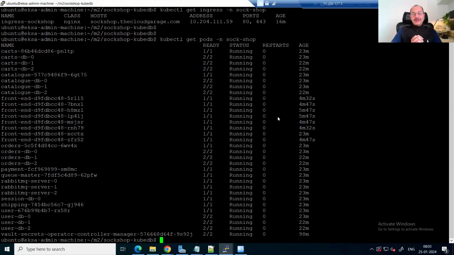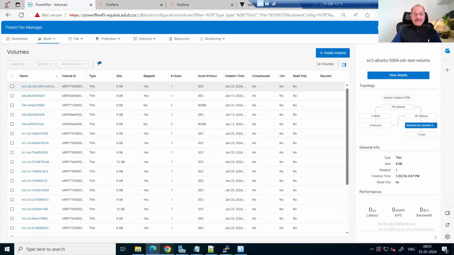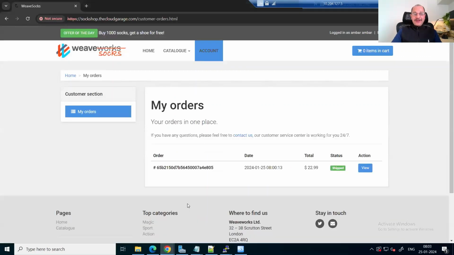In this video, we can see that we have the persistent volumes created. We have validated the state of information from an application functionality standpoint, saying everything is working. Note that we have created a test user, and there is an order ID that was created to validate the workflow. This is the current state of this application,